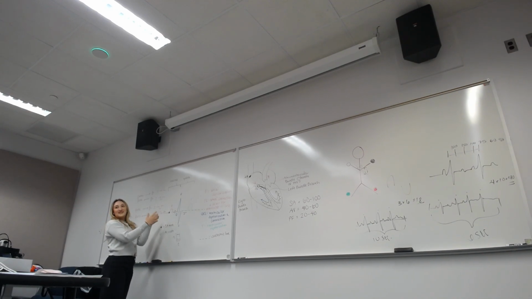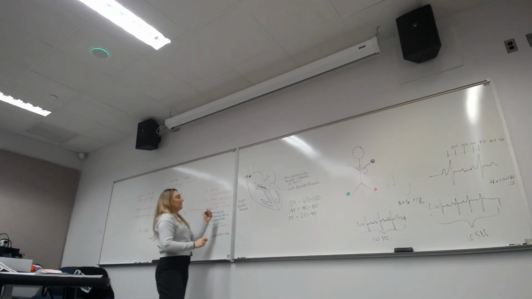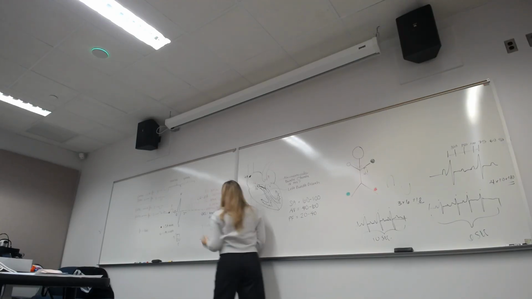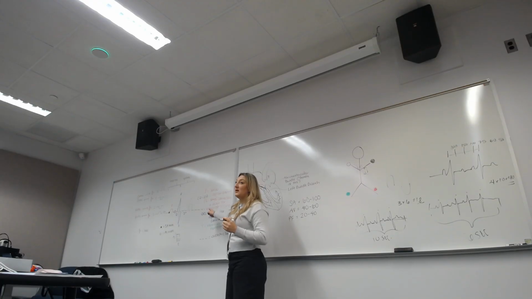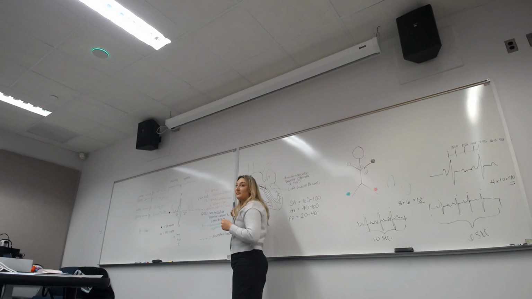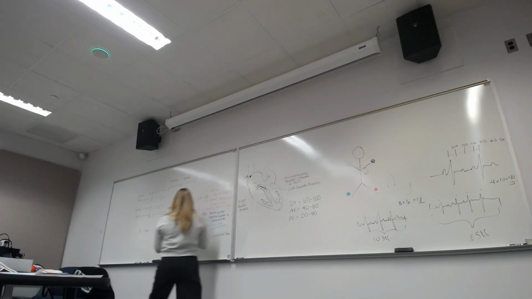So back to the intervals and your question: isn't this supposed to be less than 0.2, right? That's the PR. Normal for a PR interval is 0.12 to 0.20 seconds. That's the normal time it takes for atrial depolarization and contraction. And you measure it from the beginning of the P wave to the beginning